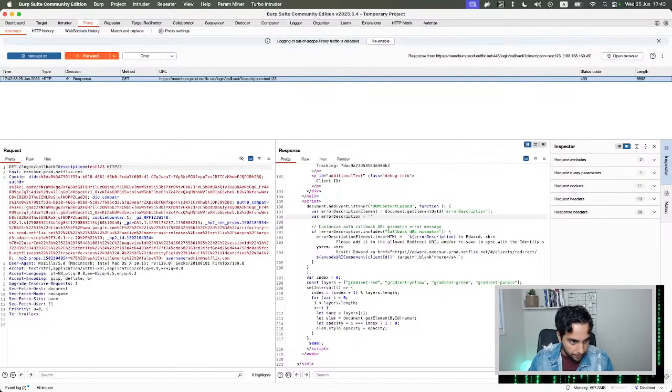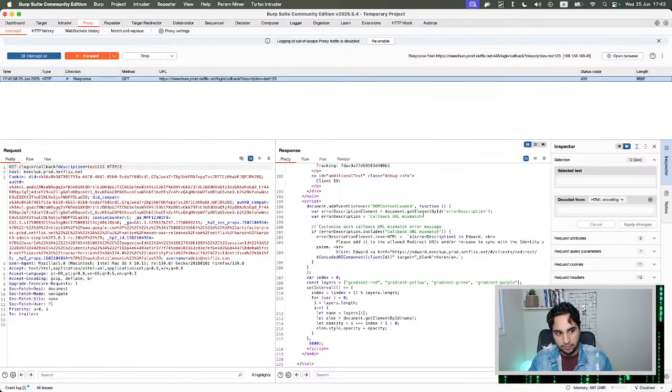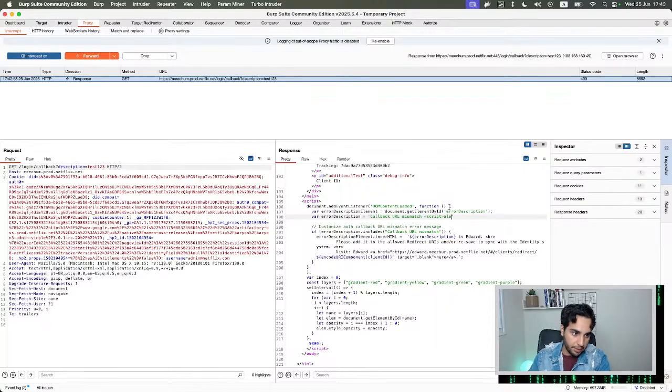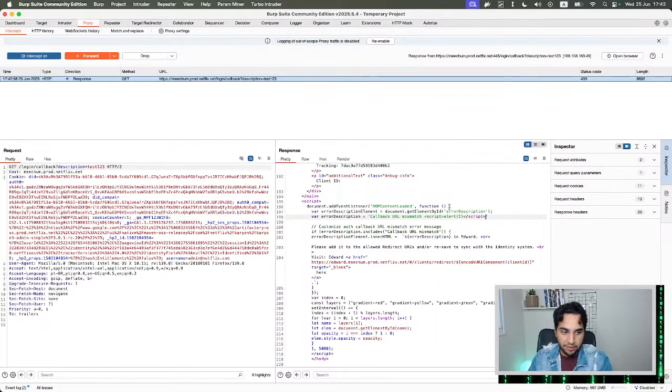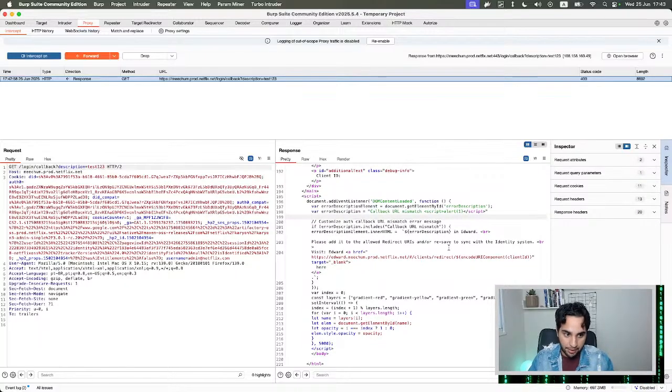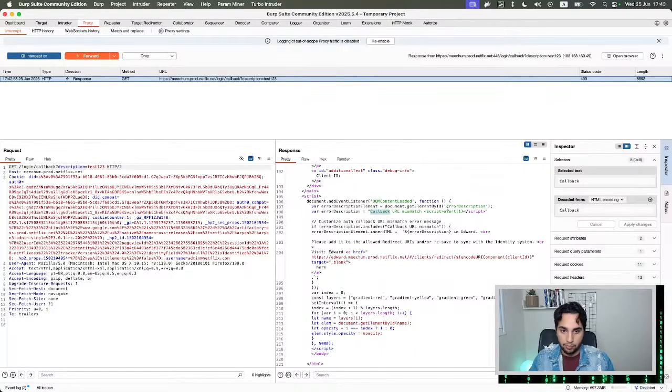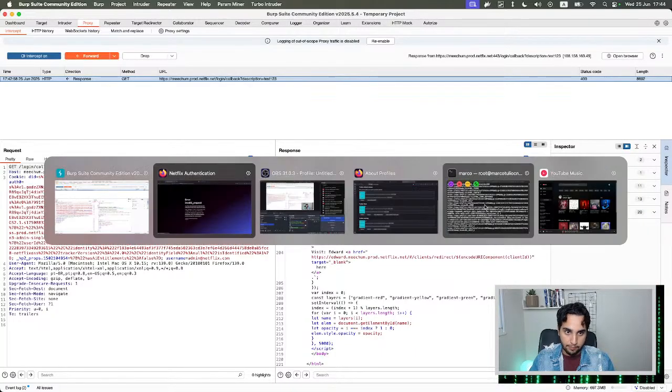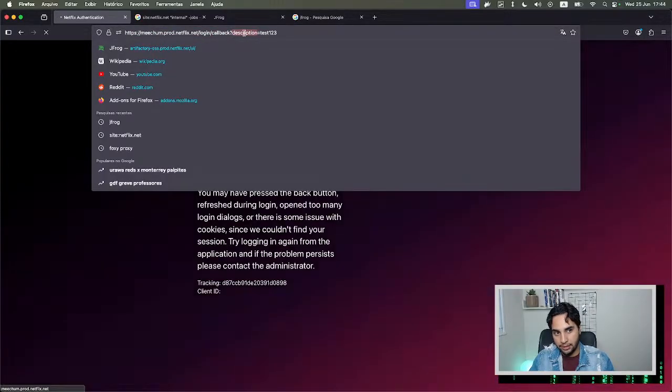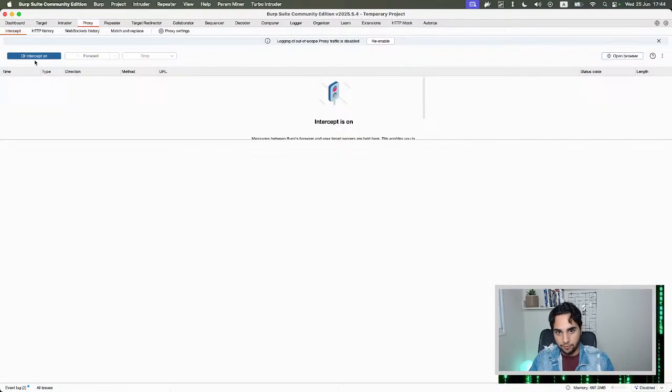This will be the response. It will include the callback URL as always, but also it will add a script alert 1 here. Although this is purely theoretical, not something that will happen in any actual bug bounty program, and not something you will report, I'm adding this just so you can understand what I mean. But imagine if in this scenario the error description variable was not being set in the code here, but was actually taken from the query parameter. So if I fire this request